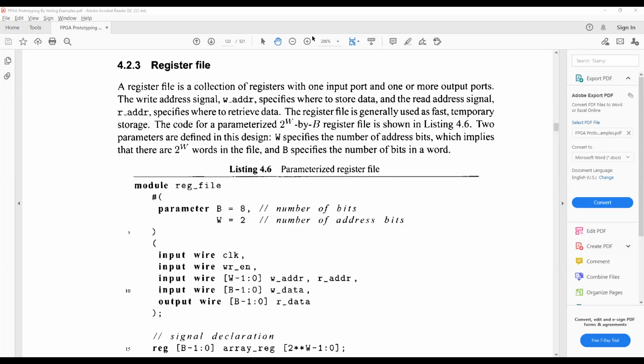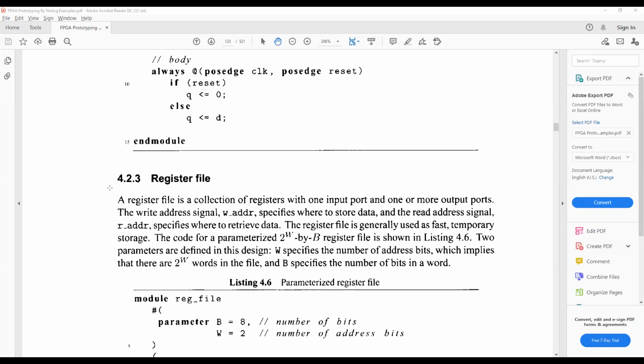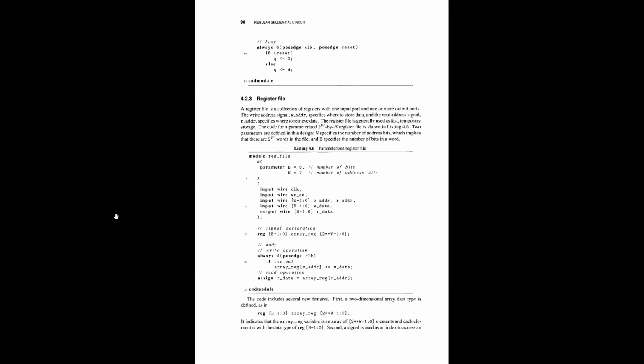So the last time we were discussing shift registers. We discussed that there are some basic kinds of shift registers you design using implicit description in Verilog, and sometimes you need to design parameterized shift registers.